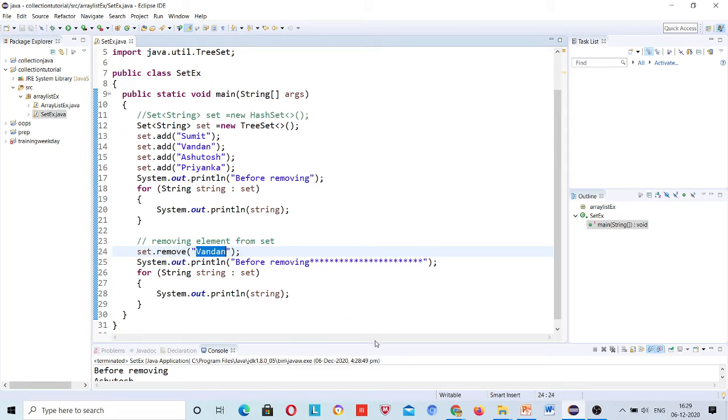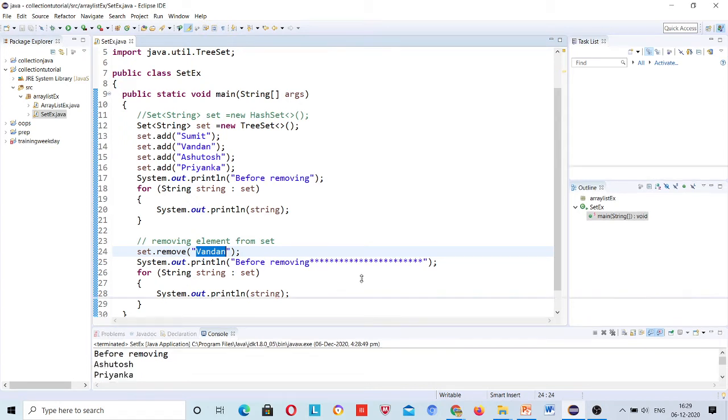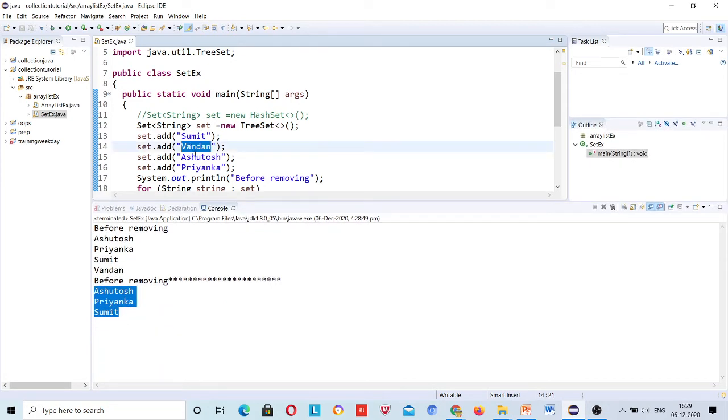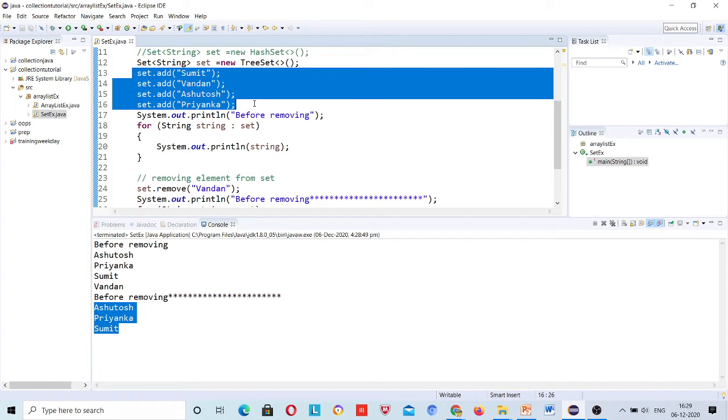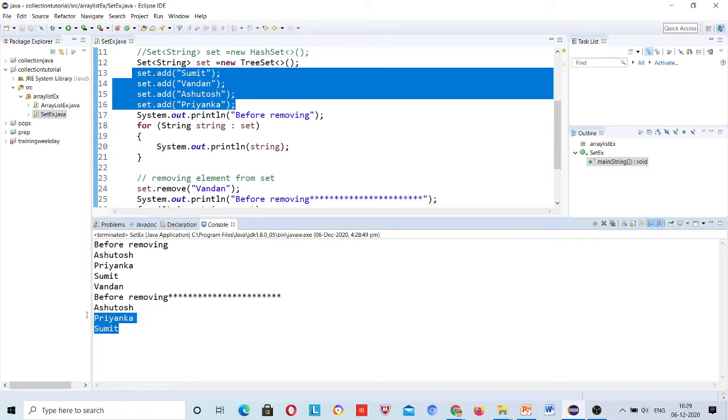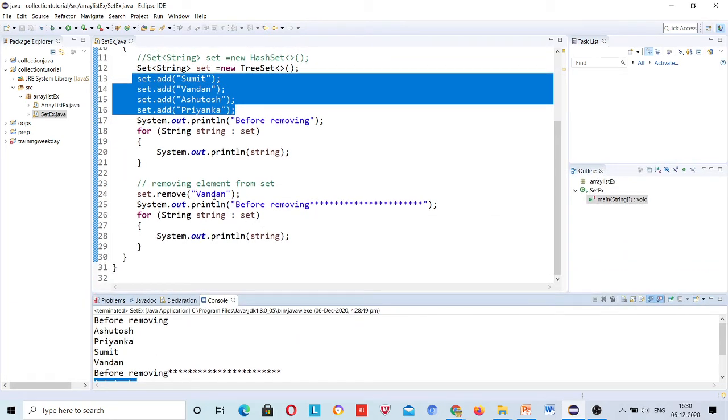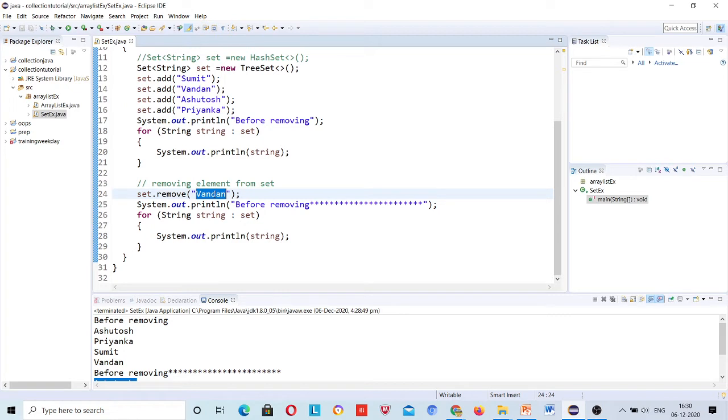Because in a set there is no order. Suppose you decided to delete Vandan, because Vandan left your university, college or employee management system portal. You want to remove Vandan and you give the index, but the index keeps changing because random order is followed in a set, so someone else will be removed. To prevent this situation, it is implemented so that you first compare the value you want to remove, and then provide it to the remove method. This is about set, hash set and tree set.